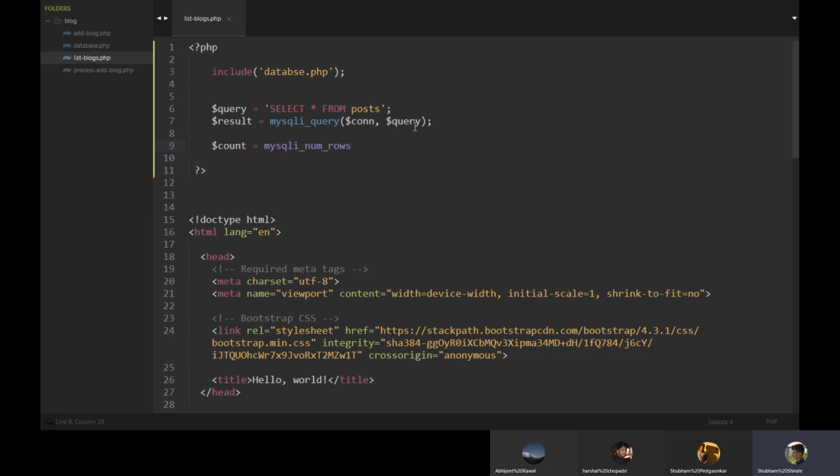If it is equal to 0, we will say nothing found, or 0 blogs in database. So we have defined a count variable and assigned the result of mysqli_num_rows, which accepts one parameter, the result we stored after firing the query select star from post. So we'll pass $result, and it will count the number of records fetched.